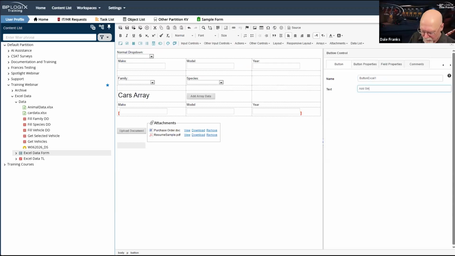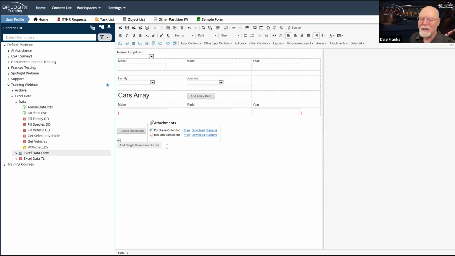Add single value from Excel. That is a very long button name, but it'll work. Add single value from Excel. And I'm going to go down here and I'm going to add some more fields. Actually, let's just do this.